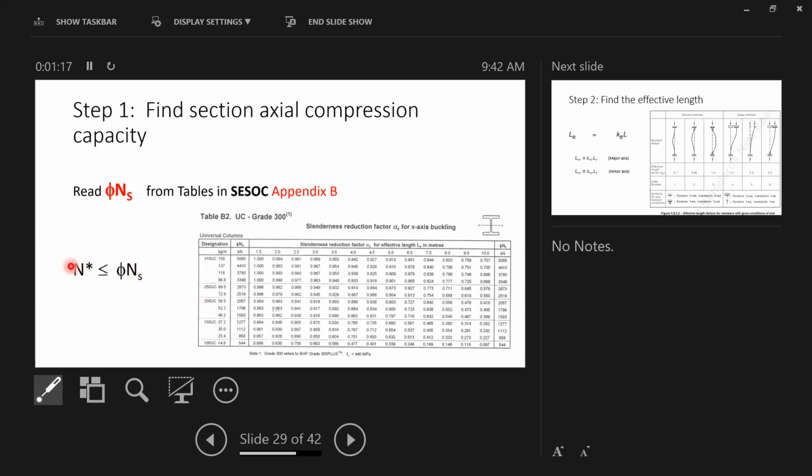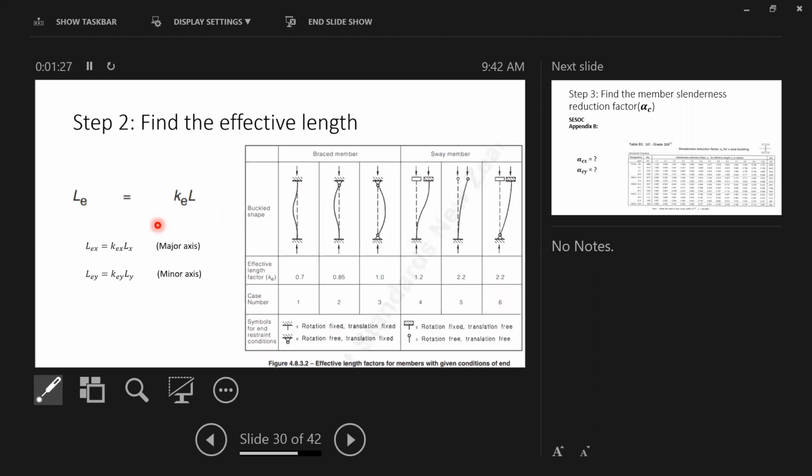And if the axial force that you are applying on the member is less than your capacity, that's okay, which should be. The next step is to find the effective length based on the restraints that you have. And as I said, for X and Y may be different, and you need to calculate for both. So if I want to draw here,